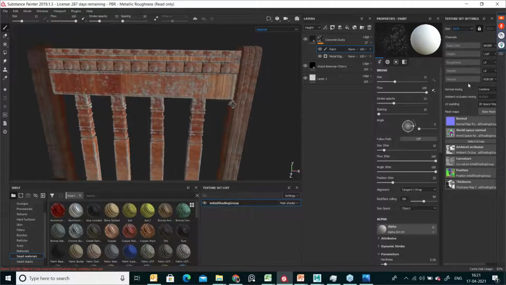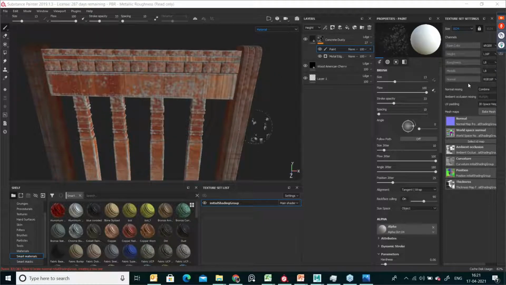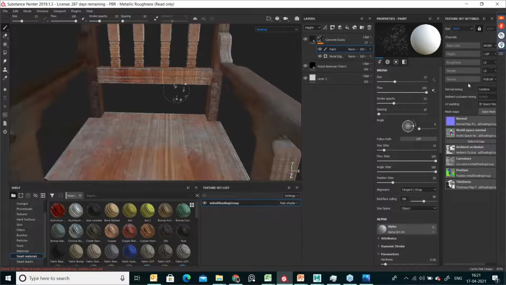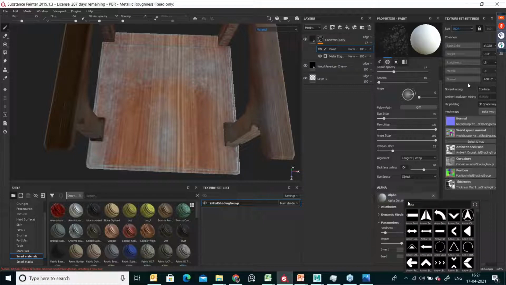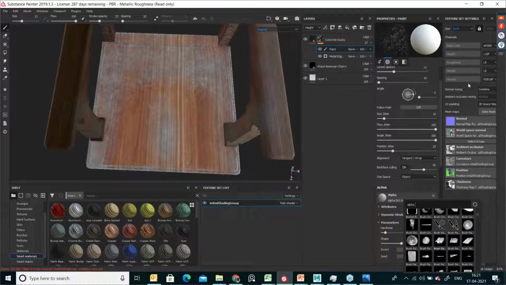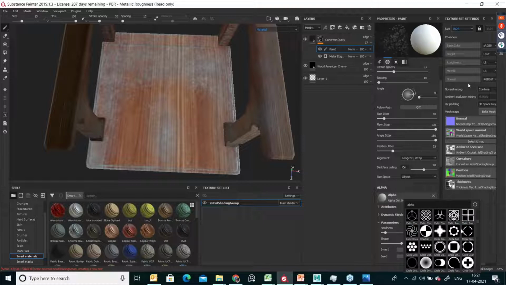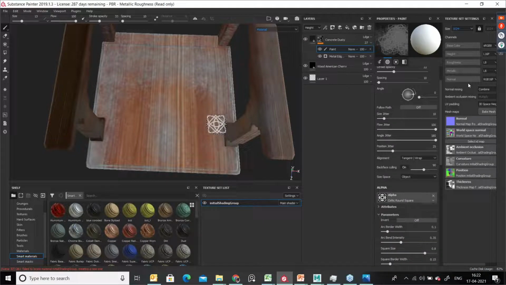See, last class itself, I showed you how to apply a logo on the geometry. See here, if you want to apply any logo, we can just take an alpha map instead of this alpha dirt. You can add an alpha map of some design for the chair, and you can apply it here as a design. So how to apply this? The alpha map is available in our brush stroke. Now the settings you have to do.